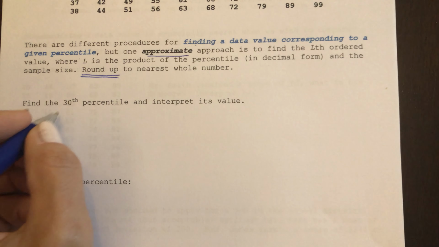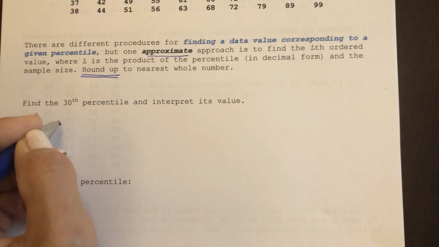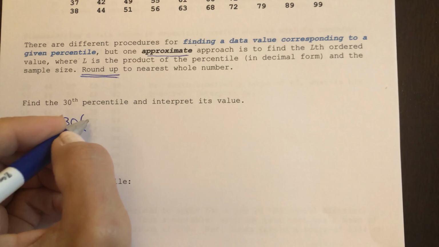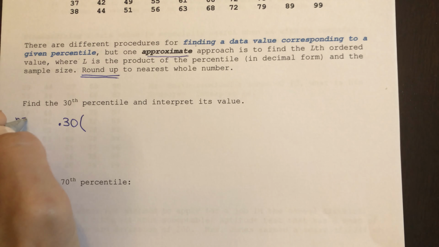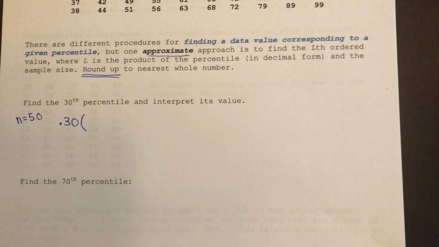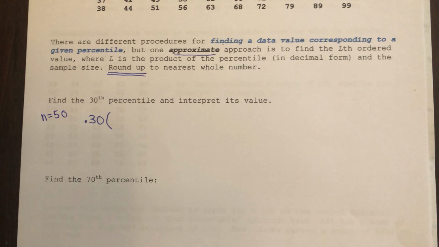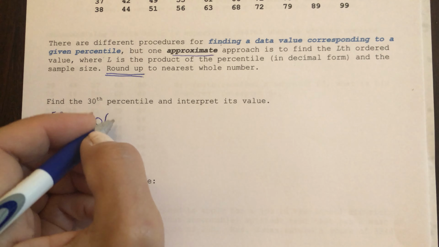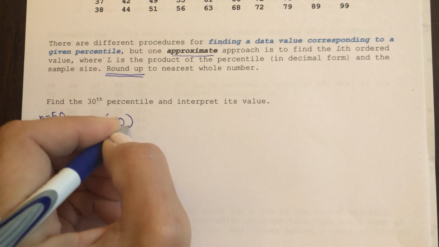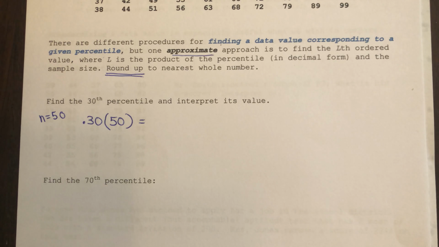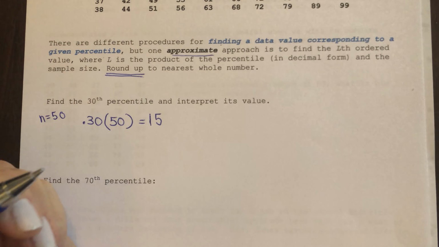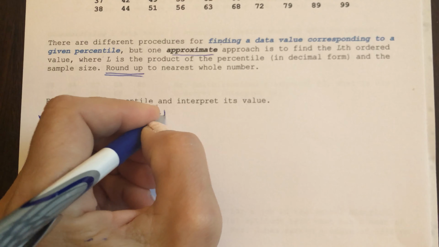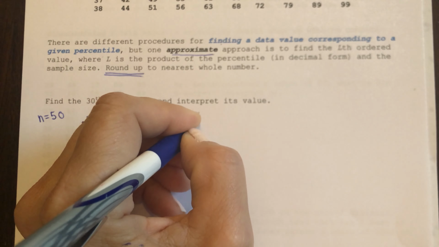So what you're going to do is take the percentile in decimal form and multiply it by the sample size, n, right? Remember that n is equal to 50. So make sure that you can see that on the recording just in case. And so we're going to multiply that by 50. And what you're going to get is 15. Okay, and here we got a whole number, so it's going to be the 15th ordered